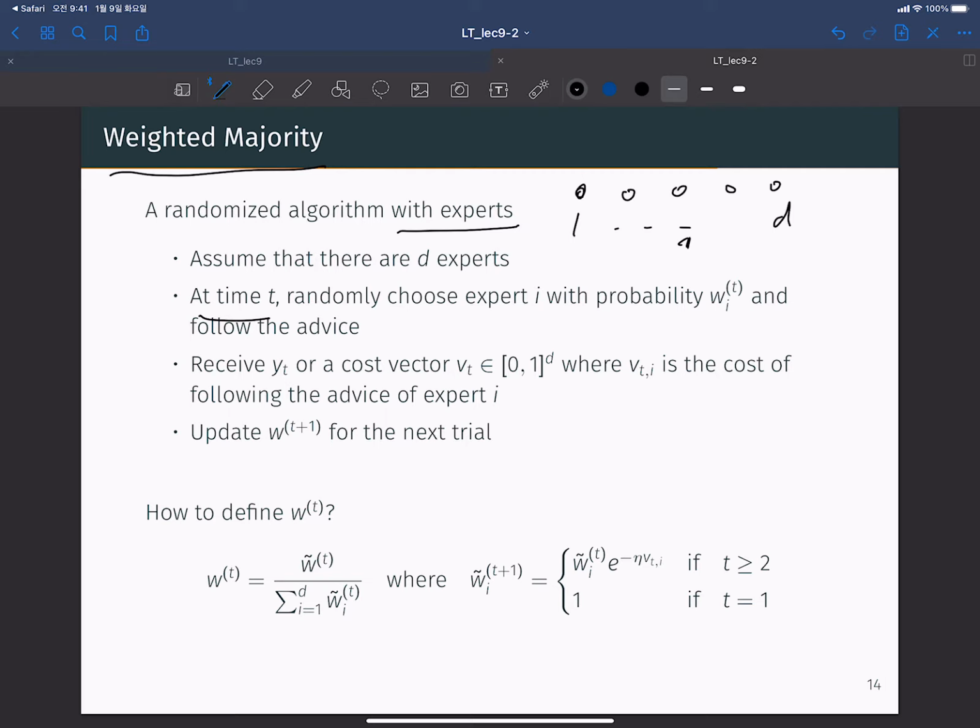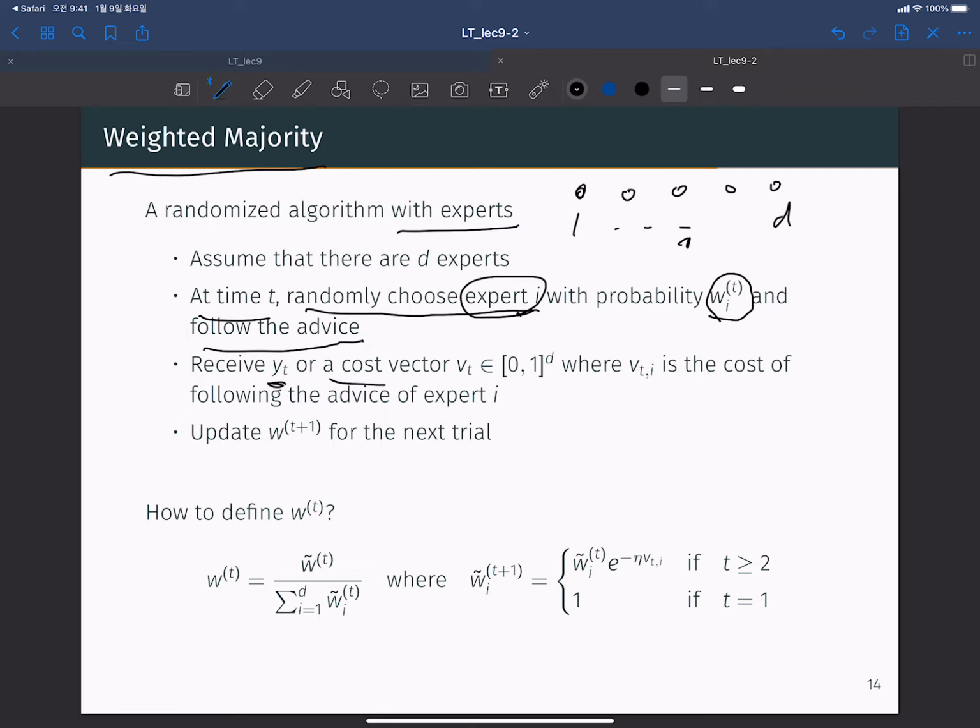At each time, randomly choose expert i, more precisely with probability w_t,i, and then follow the advice of expert i, and then receive y_t, the true ground truth y_t, or directly